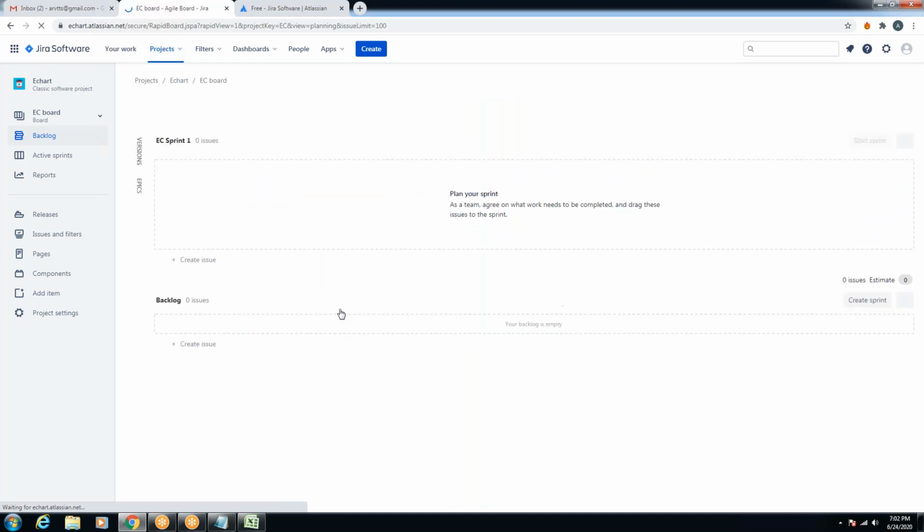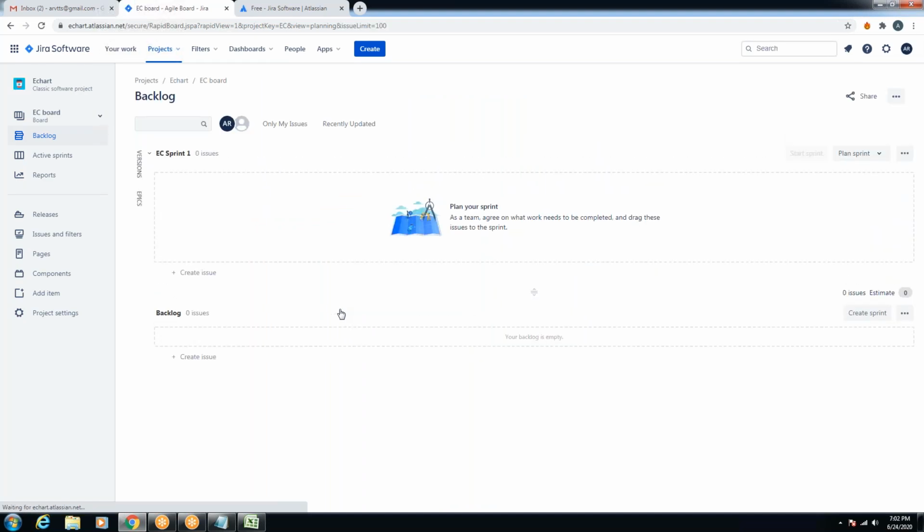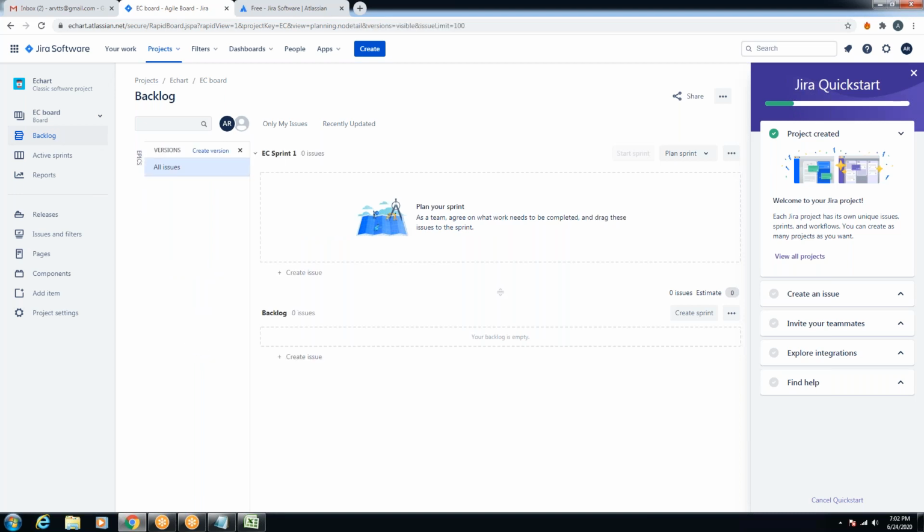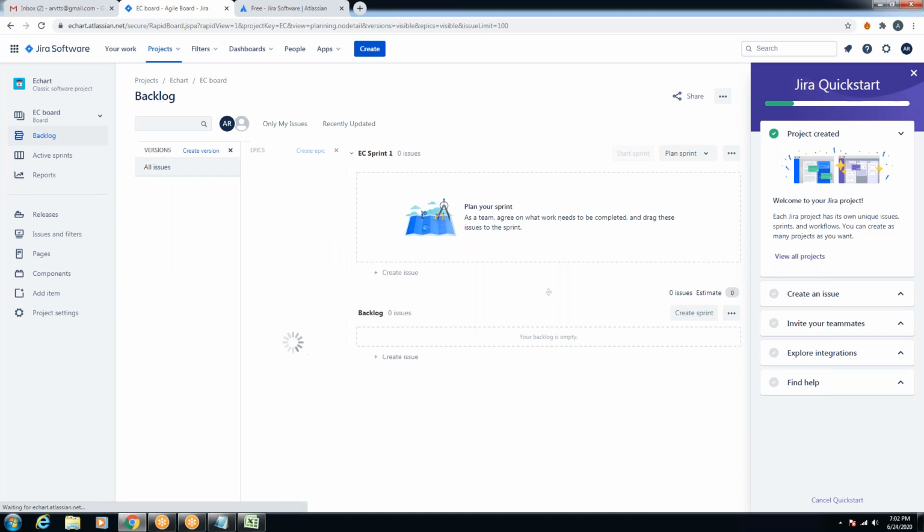Then. Right. This is your first page, which looks like this, with the project title, right? The backlog, which has been created by default, where we don't need to create a backlog separately again. As soon as the project is created, the backlog is created for you, right? Here you have some versions tab, the epics tab, where we'll be creating some epics. Under the epics, we'll be creating